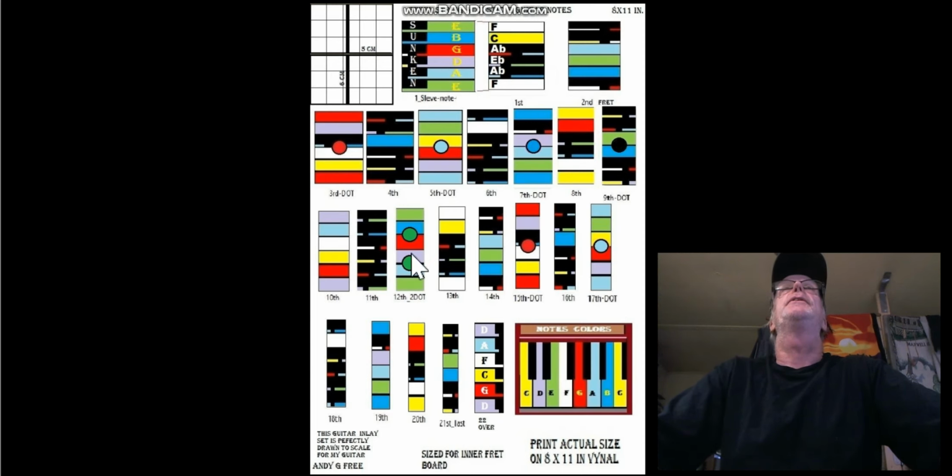So these are the colors, and I got this wrong even, but here's 10th fret is a D, if I'm not mistaken. People can check me on that. 12th fret is green, that's an E. So that's my